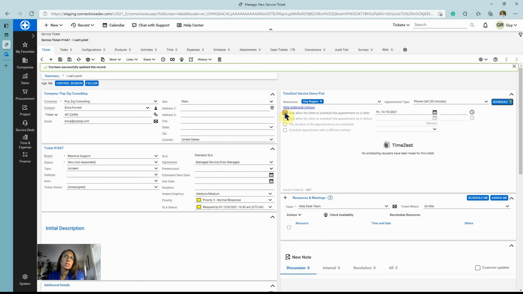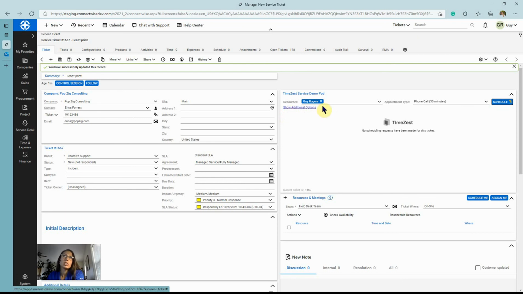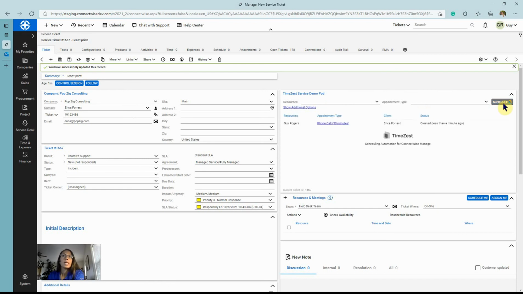We can turn these off and just use the simple scheduling of a 30-minute phone call. Let's see what that looks like. Okay, we can see here that we have updated the pod with an audit trail of what is going on with the invitation. It shows the resource, the appointment type, the client name, and what the status is of that